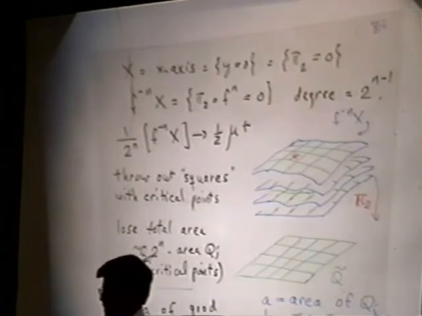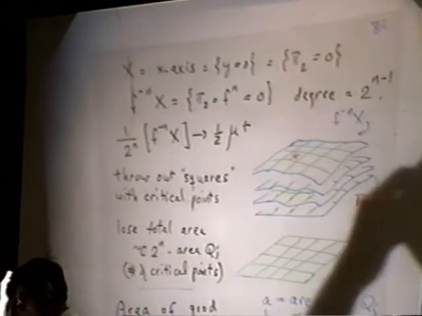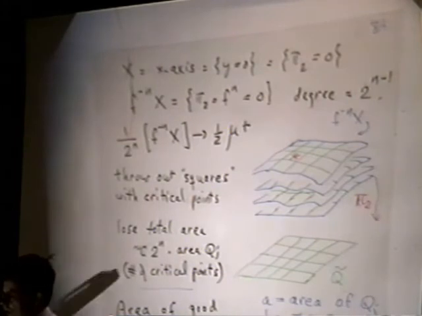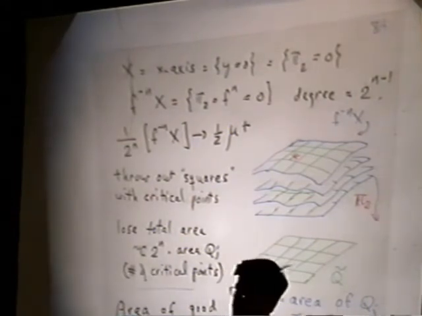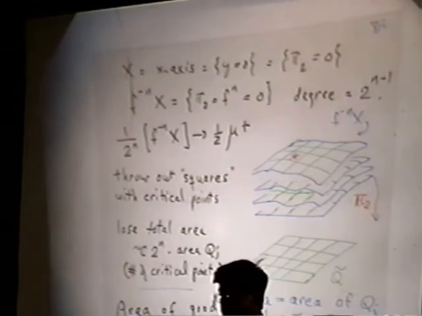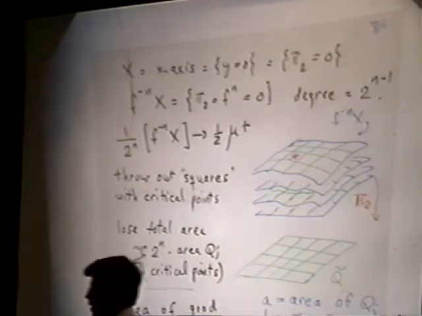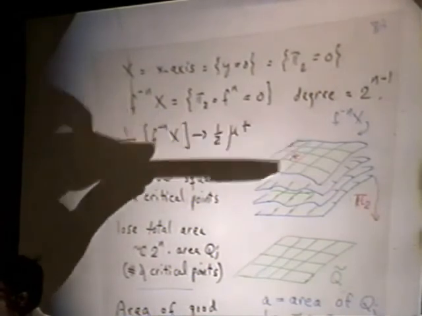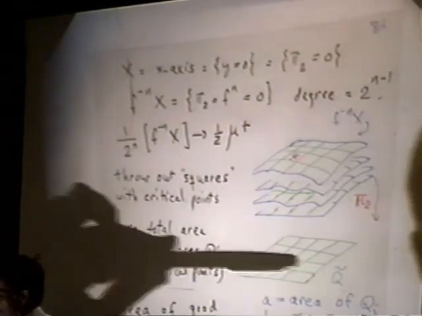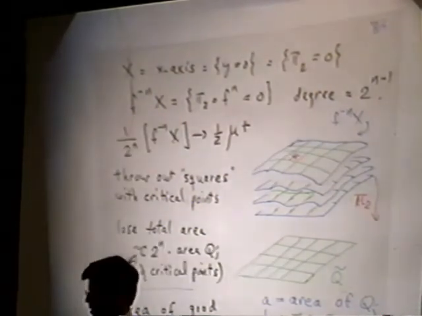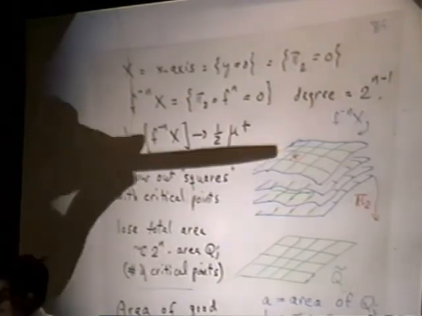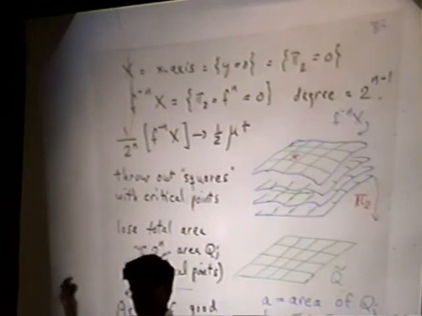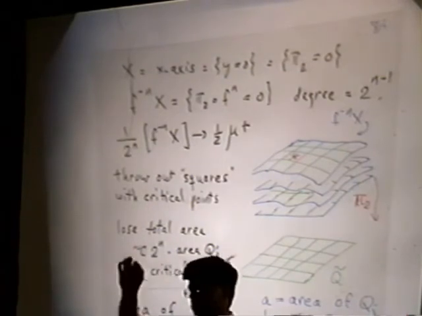We throw that one out. The point here is that the number of critical points is the mapping degree minus 1. Throw that leaf out or the entire column? I throw that out. What I do is I slice this thing up. In other words, I look at this as being sort of like a cookie cutter, and I just slice everything vertically by the squares, and I throw out the connected component of that piece up above that contains a